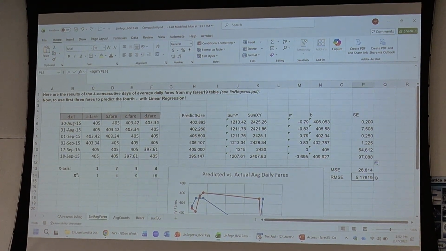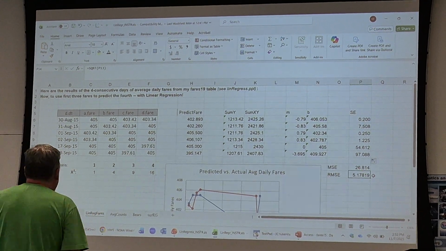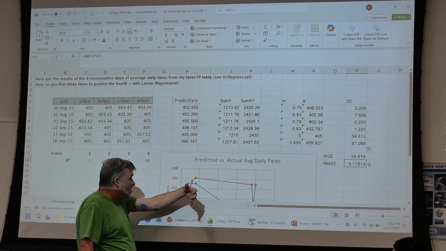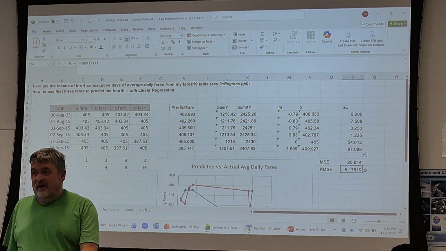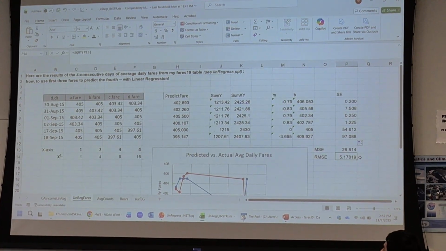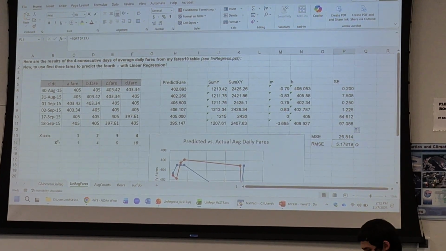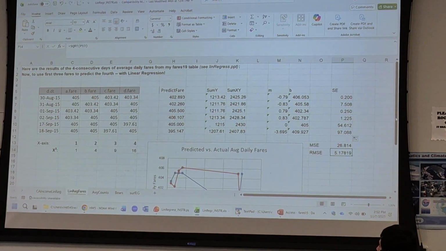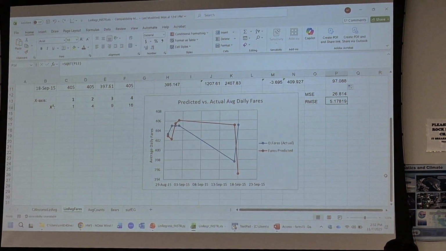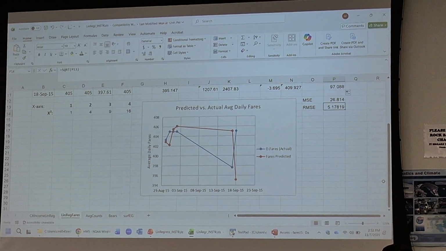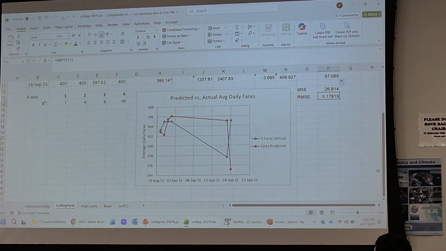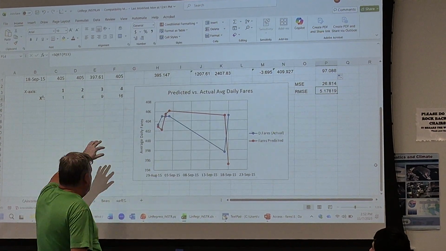And, you know, since I was creating a table of actual fares and predicted fares, I couldn't resist doing a graph here, which updated as values got placed in that prediction column. And so hopefully I've got a key that tells me what red lines and blue lines mean. So the actual data is the blue data. You can see how the actual data evolved. And then you can see the linear model just sort of trying to